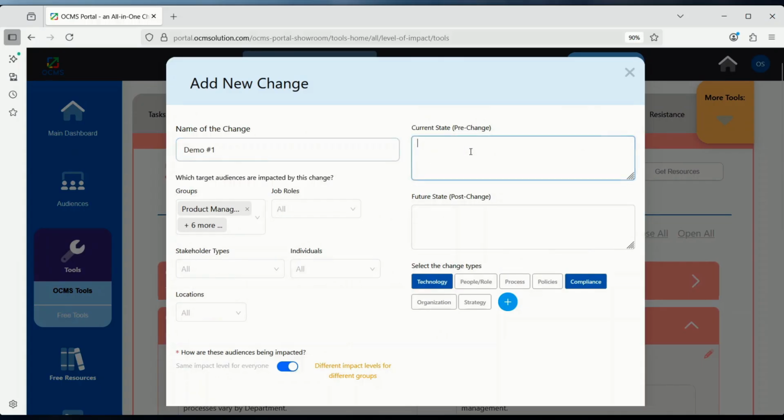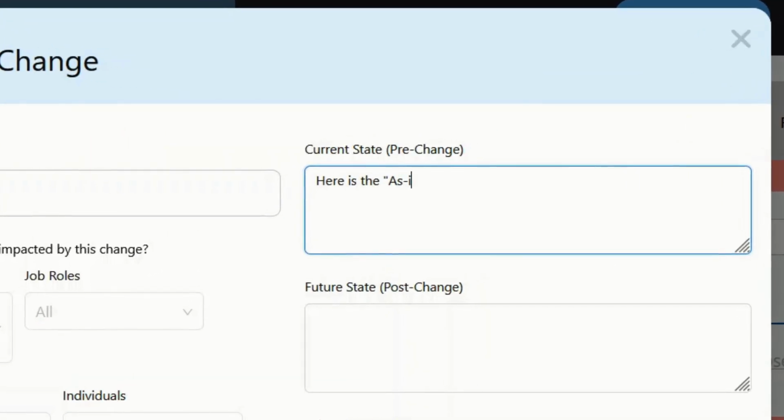And I still need to enter, here is the as is. So as a lot of you know watching this video, the current state in change management and also project management, we also refer to the current state as the as is state. Okay. The future state